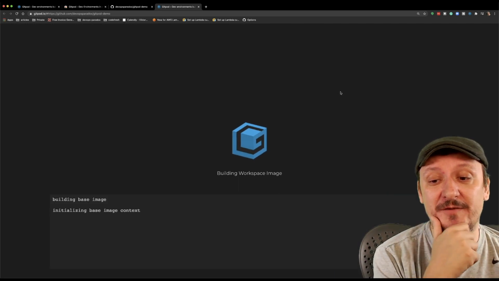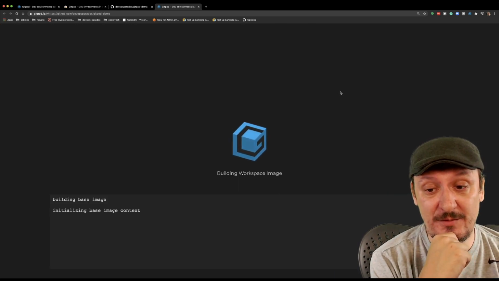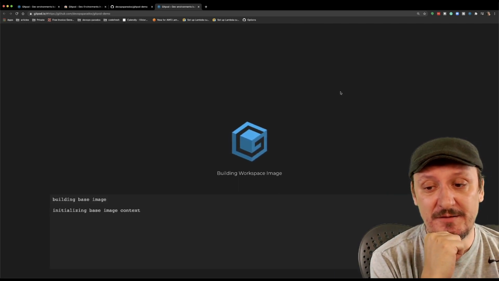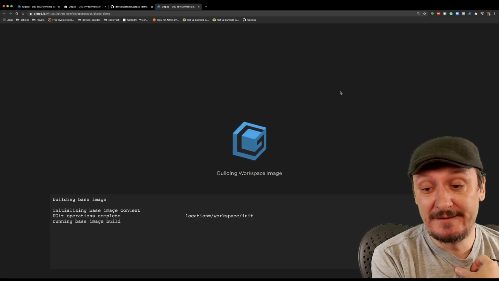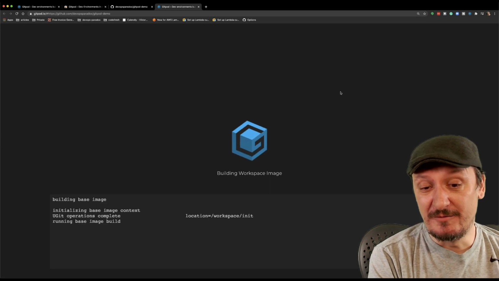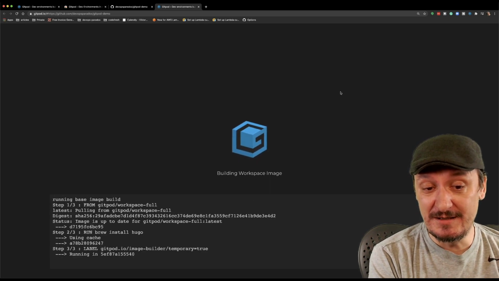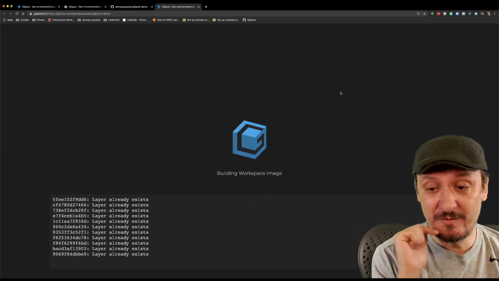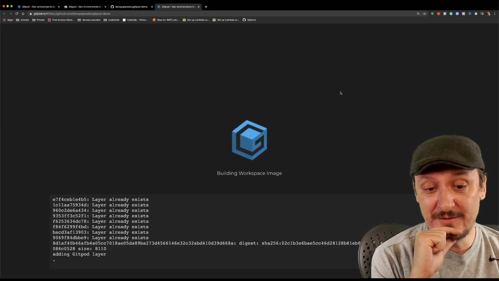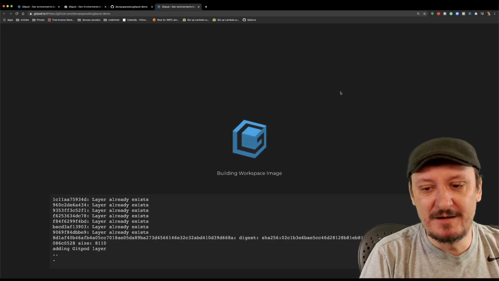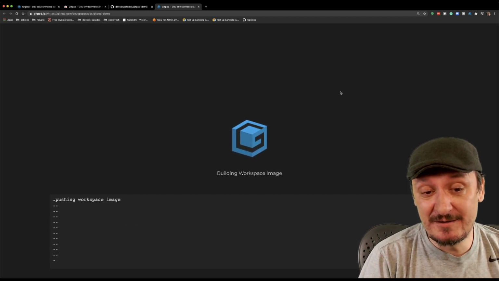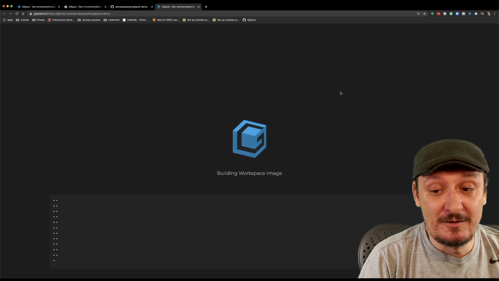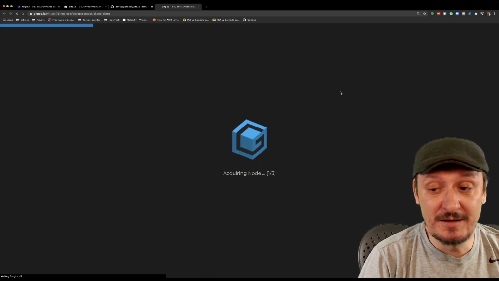And now I need to let Gitpod work for a while. So now it's Gitpod trying to create everything I need. And you will see later how it knows what it is that I need. But what you can see probably from the output is that it is using containers. Docker containers or some other containers, doesn't matter, they're all compatible. Anyway, it is using containers to create the environment with all the tools, all the configurations, and everything we might